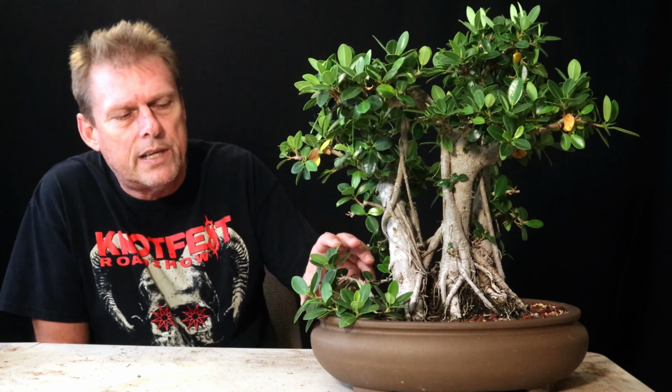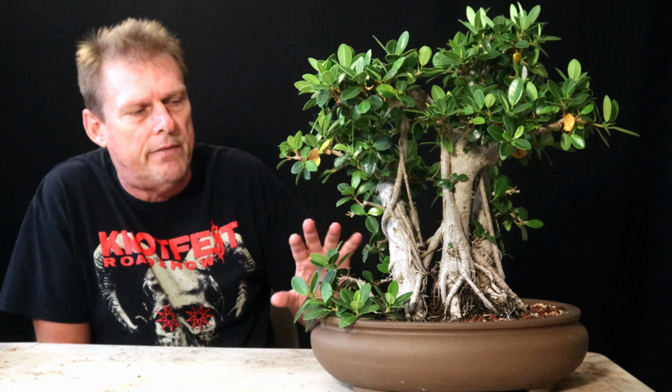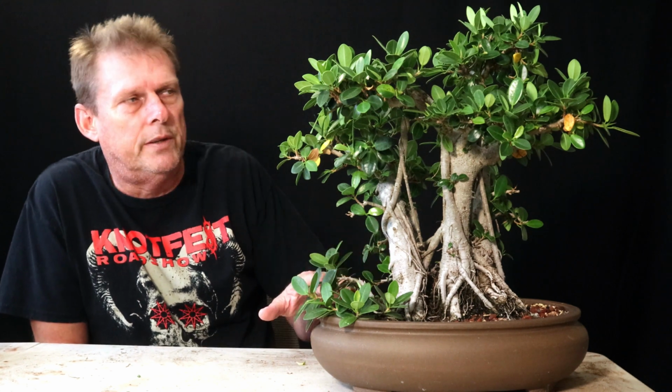I see a lot of people post really weak looking trees sometimes and say, should I defoliate this so it can build up some more energy? And the answer there would be no. The only time I defoliate is when they either have plenty of energy built up like this one does, or if they've got some kind of a pest that I can't get rid of. I haven't had that problem in a long time. But if you did have a pest that just seemed to be affecting each and every leaf,